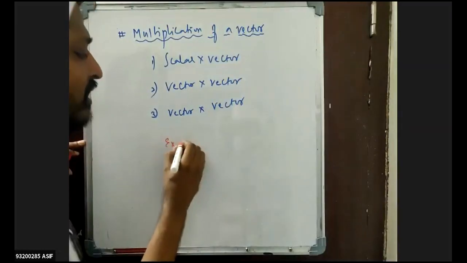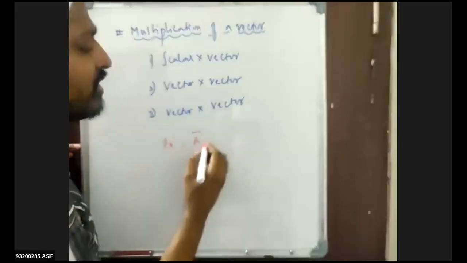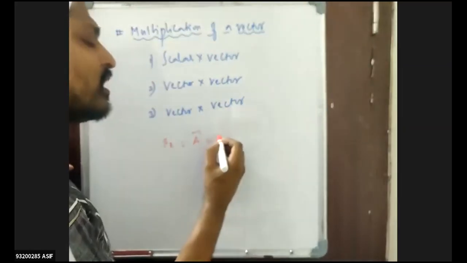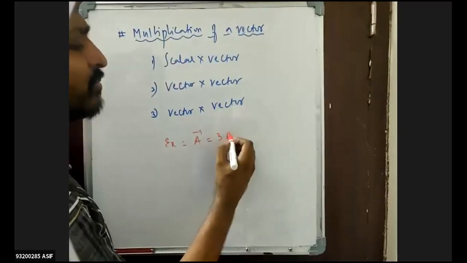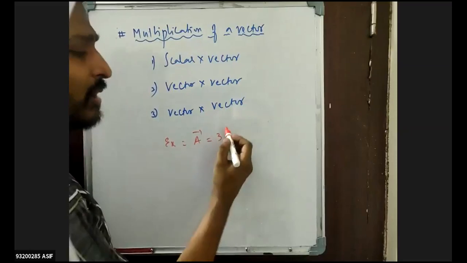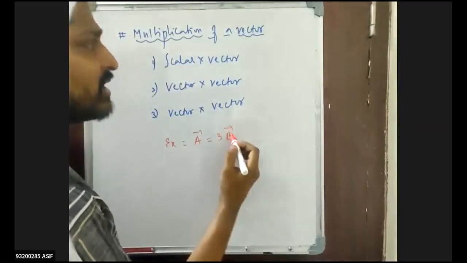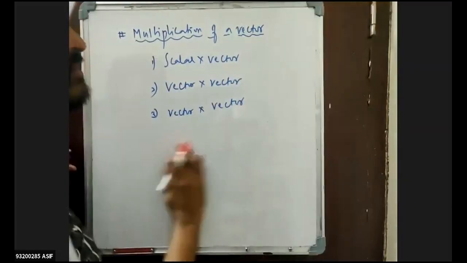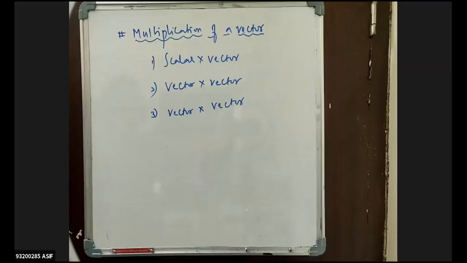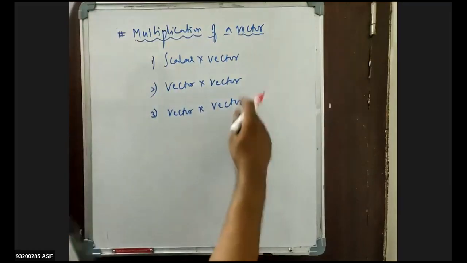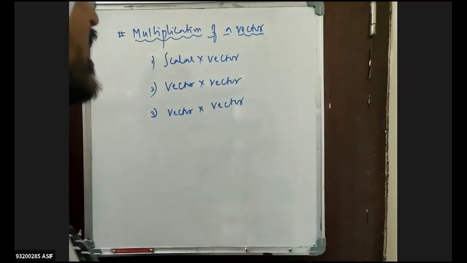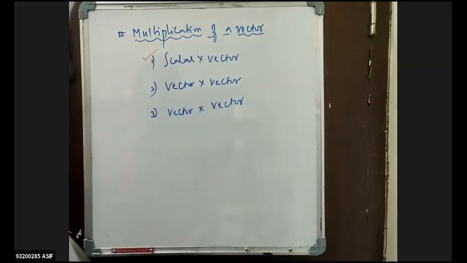Say for example, if I have A bar equal to 3 times b, that means 3 is a number and b is a vector. It is multiplied with a scalar and a vector. So again, we are getting a vector. One is nothing but a scalar multiplied with a vector, which will increase that many number of times. If A bar is multiplied with 4, that means it increases by 4 times. If it is multiplied with 8, it increases by 8 times. That is the general rule which you know from basic mathematics.